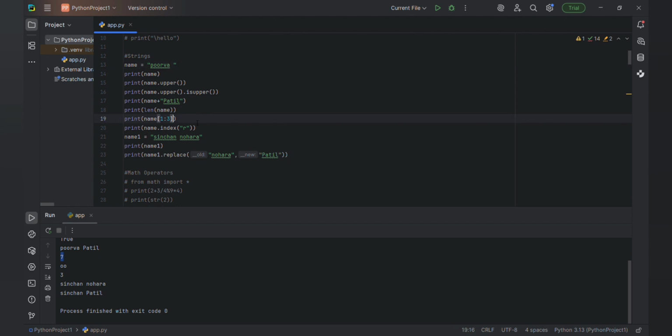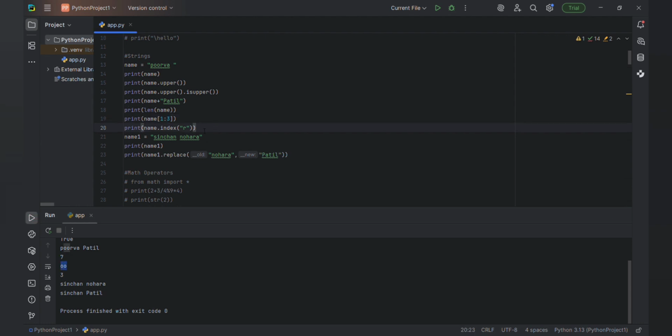So the next one is this print 1 to 3, means if you want some specific characters in that string. The first character is considered as index 0, 1, 2, 3, 4, 5 and 6. Okay, 0 to 7, so not 0 to 6. So it will not take the third one here. See, 1 to 3 means 1 and 2, only 1 and 2 it will take. So 0, 1, 2 means OO, here you can print.